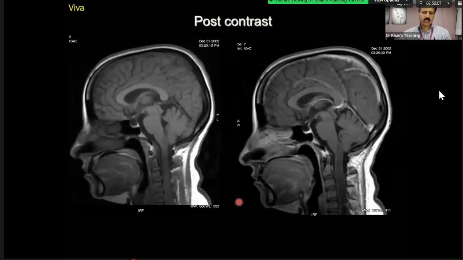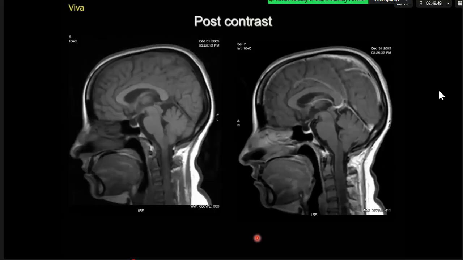Now, this is pre-contrast, this is post-contrast. So, candidate 1, can you tell us what normally enhances on post-contrast sequence? When I say normal, it means it's not pathological. Over to you. So the nasal mucosa and the vessels as well, of course, including the dural sinuses and the arterial vasculature.